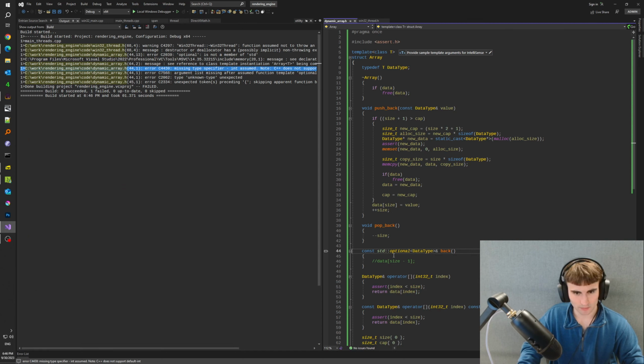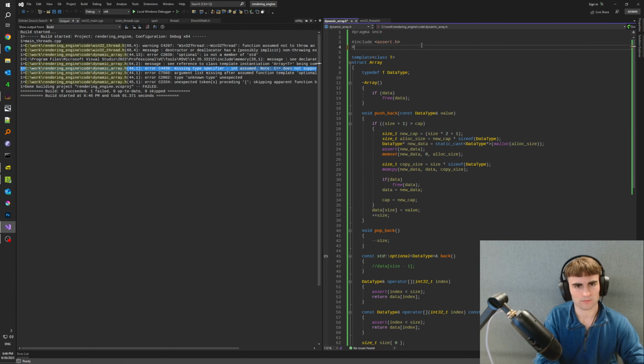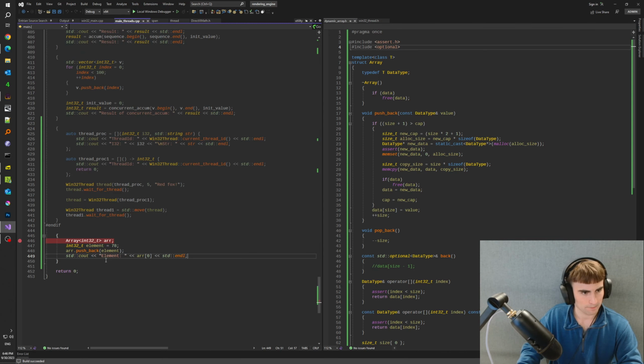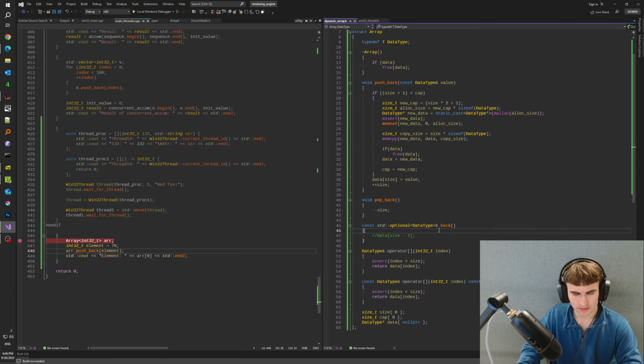Okay, so we complained about optional. Let's see. So it returns an optional reference to an optional. That would be a const, but I'm not sure. Maybe I should put it inside like this, or